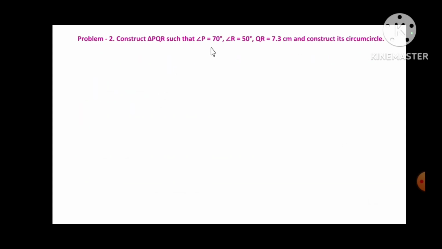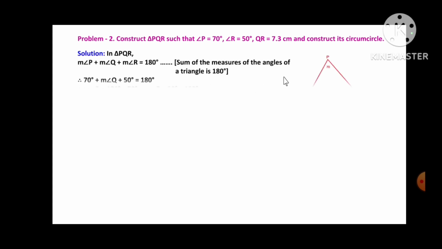Construct triangle PQR such that angle P is 70, angle R is 50 and QR is equal to 7.3 cm, and construct the circumcircle. The steps we have to follow: in this triangle QR is given, and angle P and angle R are given, so we must know angle Q. For that we will use the angle sum property of a triangle. In triangle PQR, the sum of angle P, angle Q and angle R is 180. Now put the values: 70 plus angle Q plus 50 is 180. Therefore angle Q is equal to 180 minus 70